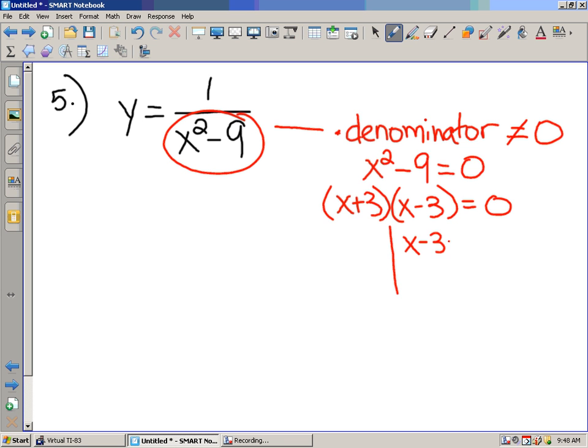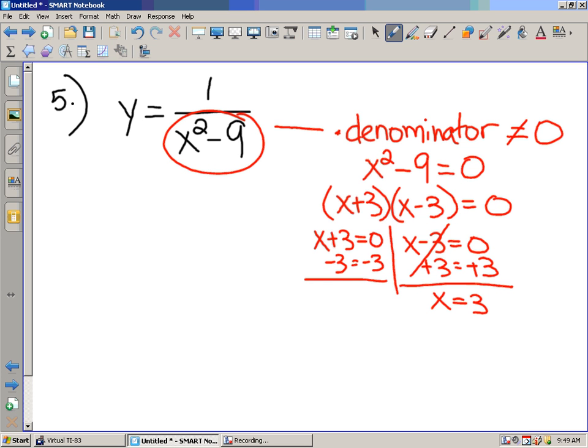We solve. Plus 3 to both sides. I should have a little equal sign. So x equals 3. X equals negative 3. And so those are the two values. These guys right here are the two values that will make the denominator equal to 0. So weirdly enough, now when we write our domain,